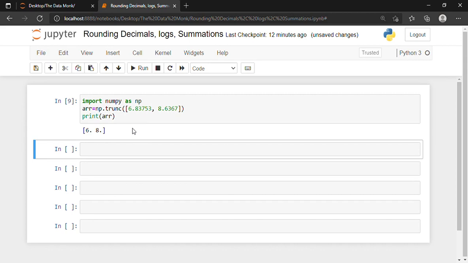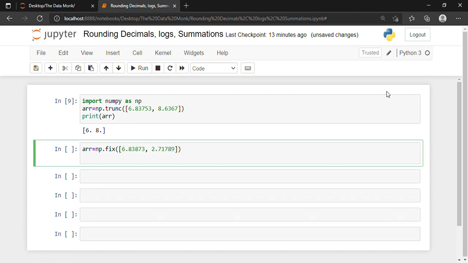Now moving on, we can also use the fix function. So let's say that I want to use the fix function. I'm writing array is equal to np.fix, and inside I'm writing some numbers, 6 point something, and this time 2 point something.